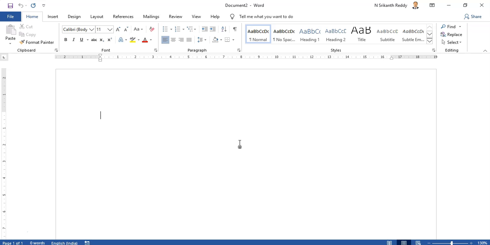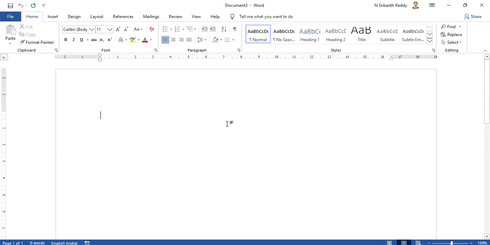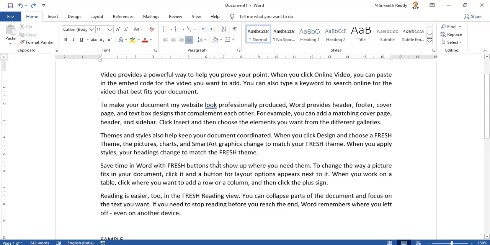Now to close this, Control W is another shortcut key to close the active document. What is the active document? Right now, the cursor is in this document I am working in. When multiple documents are open, the active document is the one in which the cursor is. For example, when I press Control N, the cursor is in the new document, so that is the active document, and the other is not. Now if I close this, the cursor goes back to this document, which is now the active document. So Control N creates a new blank document.